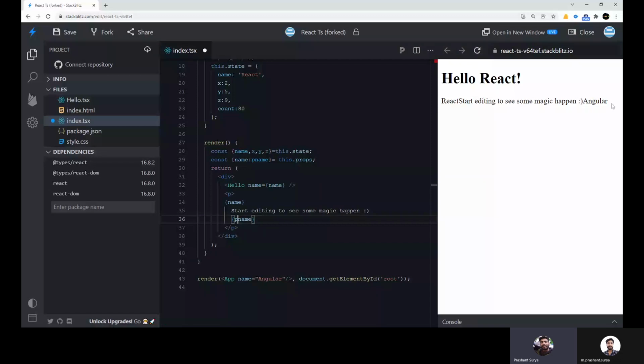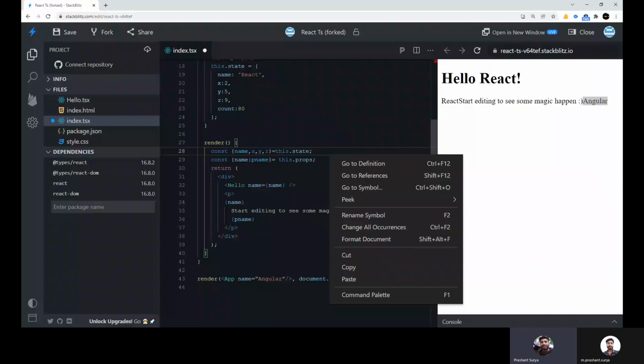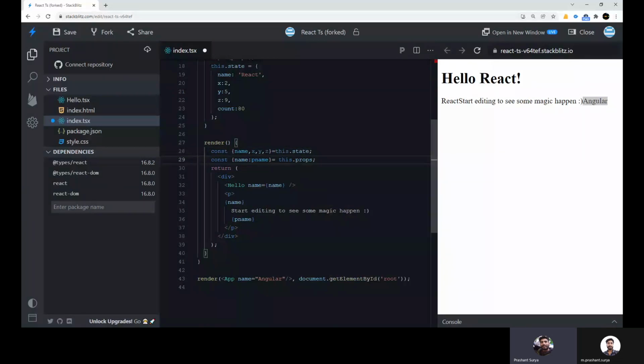So this is the destructuring of props. Props is also an object, and you have to take out whatever variable you want to use, so that you don't have to write this.props again and again, because this.props is a large object and it will take time to search for .name each time you write. Now the third concept in destructuring is that you can set the default value as well.